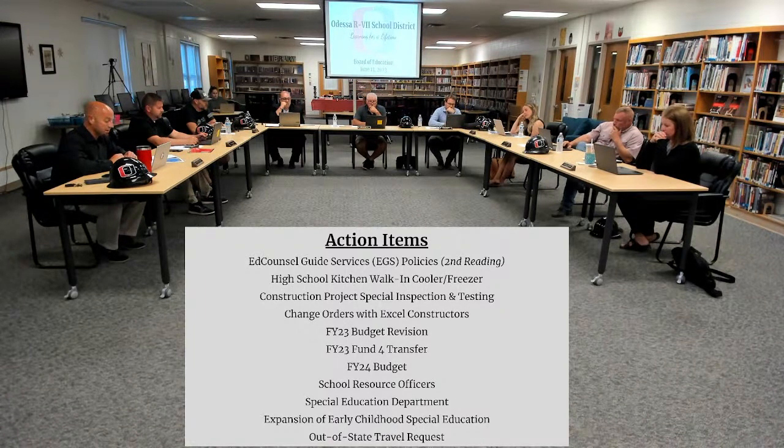Change order 5 were some plumbing changes at the middle school, having to connect to a line that was further than what our plans showed. That was an additional $2,981. Change order 6 was some sizing of ductwork and removal of ductwork that had inline heaters here at the high school. That would be an additional $1,984 cost. Change order 7 was to resize a water line at the middle school and to run that water line further because of the types of toilets that we're using now as opposed to what was there before. That's an additional